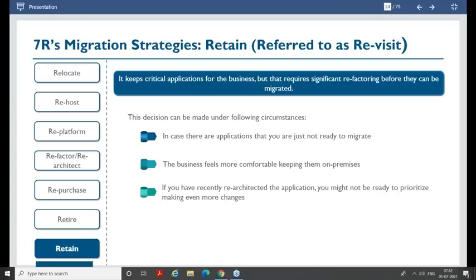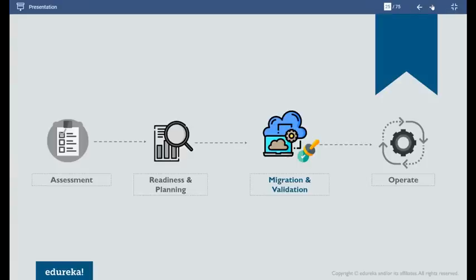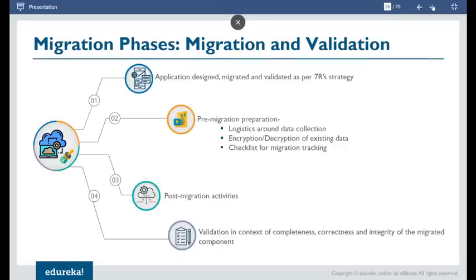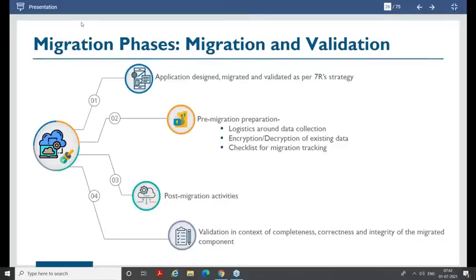So that is about 7R migration strategy. Now moving ahead with the next part, because in readiness and planning, you have decided your strategy, how you are going to go about it. Now going about your migration and validation phase. There the application is designed, migrated and validated as per the strategy.